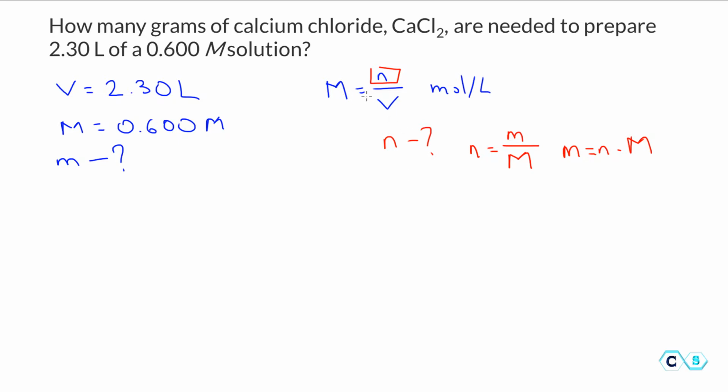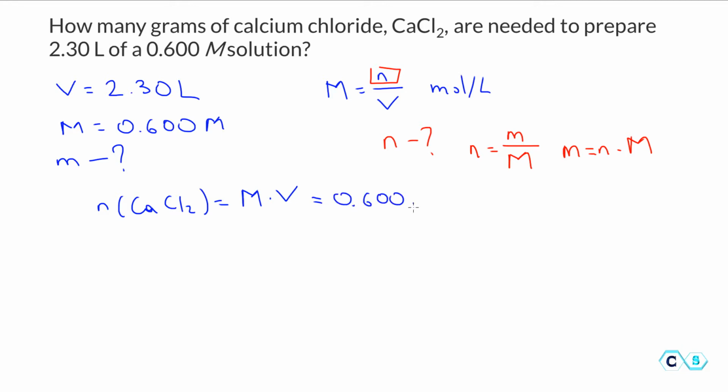In order to do it, we're going to use this formula, which is the first formula. The concentration is equal to moles divided by the volume. And from that formula, we can write down that the moles of calcium chloride are equal to the concentration times volume. Again, we just multiply this, cross multiplication. And so this is going to be equal to